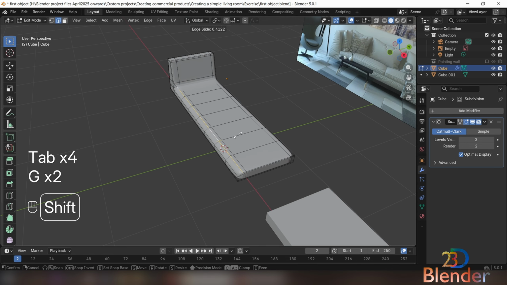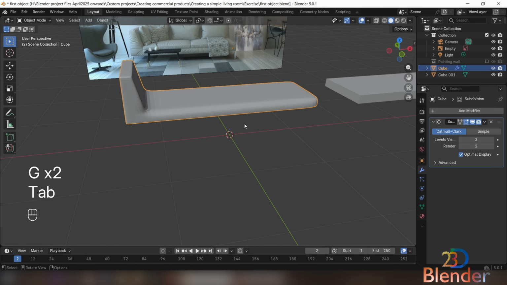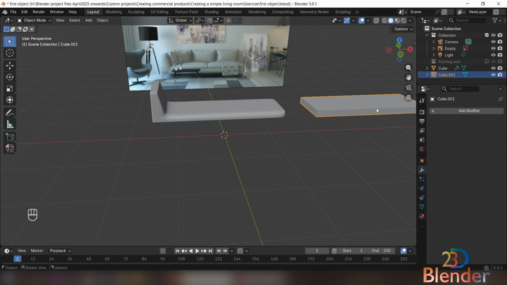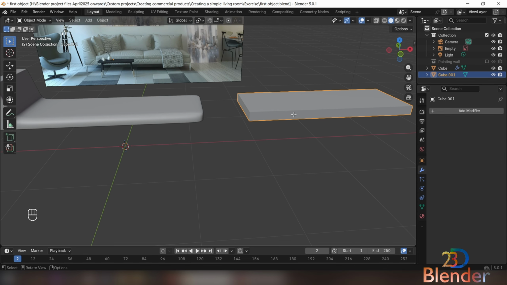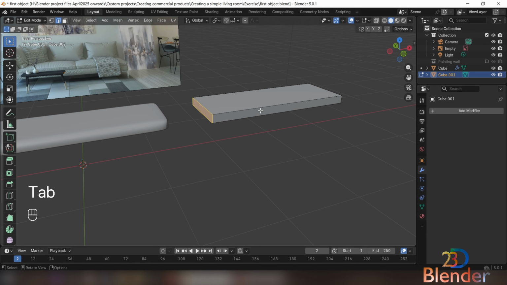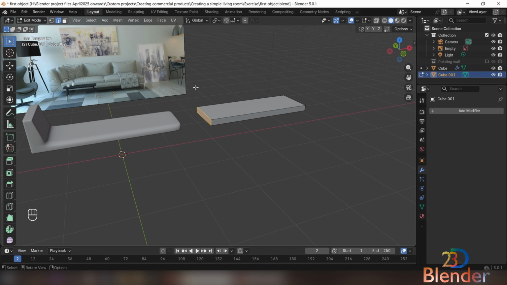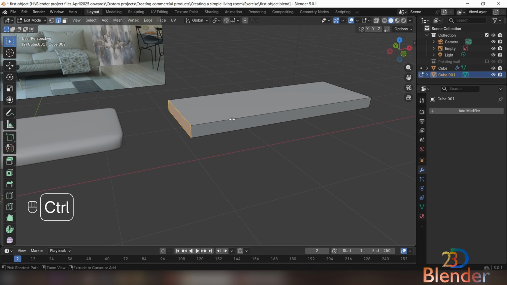Let's slide it some more. So now we have a curve. Right click, shade smooth, and let's come back here to our boxy cube. This will be the back part of our sofa. And before we do anything with it, let's add